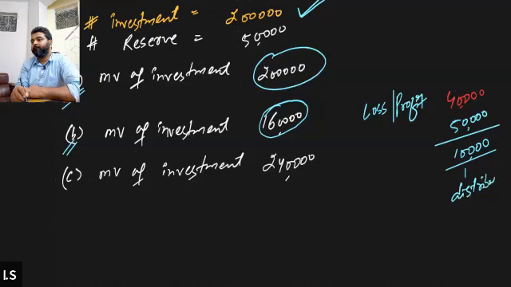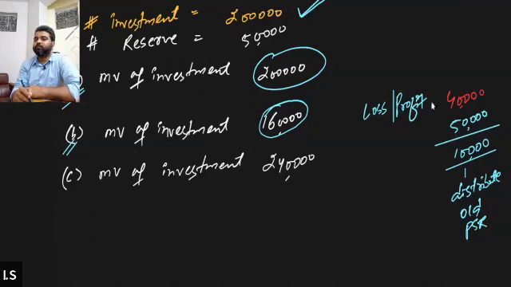Am I clear? Distribute among the partners in the old ratio. Sir, that 10,000 is distributed among the partners, so it compensates the...